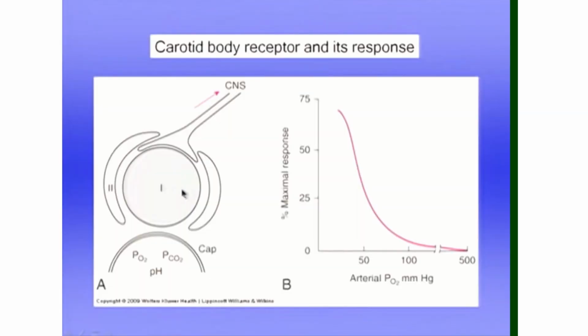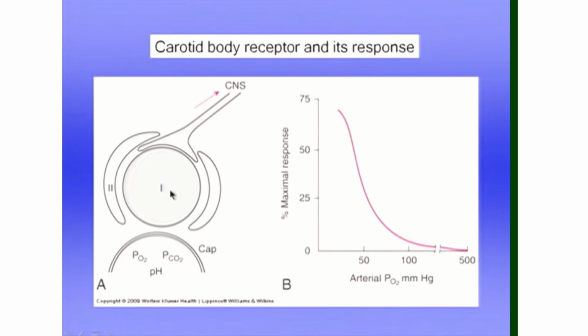For example, in carbon monoxide poisoning, the blood may have a lot of carbon monoxide on board, and therefore the oxygen concentration of the arterial blood is relatively low. Nevertheless, the PO2 of the arterial blood is normal, and therefore the carotid body chemoreceptor is not particularly stimulated because it's looking at the arterial PO2, which is normal,